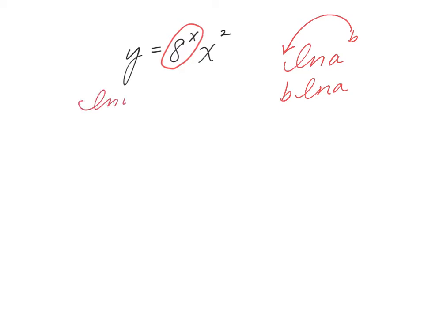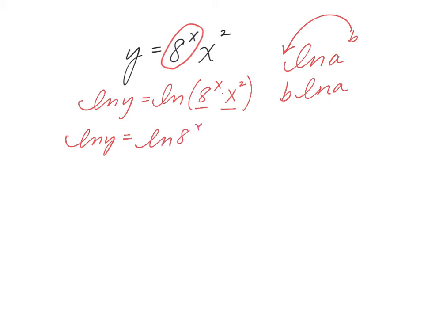So I can do the natural log of y is equal to the natural log of 8 to the power of x times x squared. Now here's where we're going to use a whole slew of log properties that are really going to help make this simpler. First of all, on the right side, I'm able to separate these two terms using one of the properties of logs that says if I'm taking the log of the product, I can separate that through addition. So it becomes the natural log of 8 to the power of x plus the natural log of x squared,